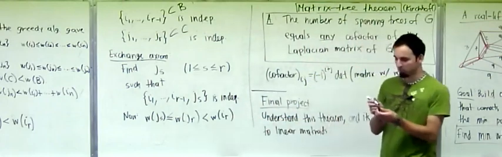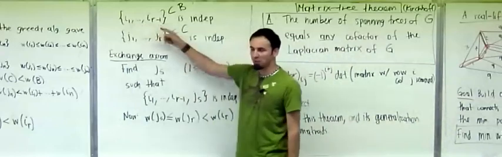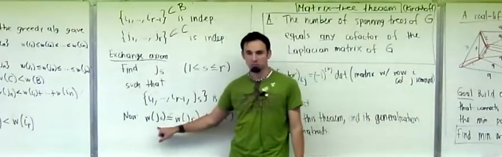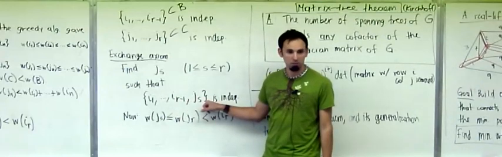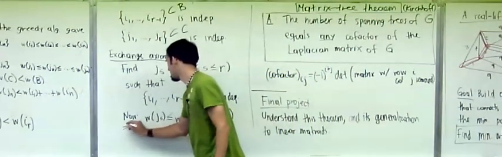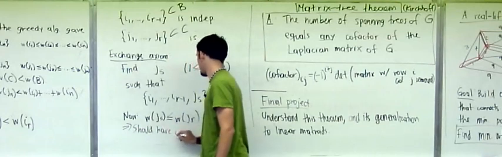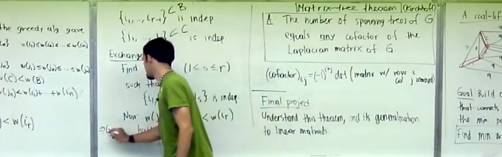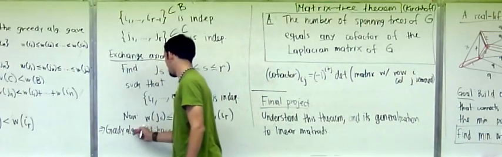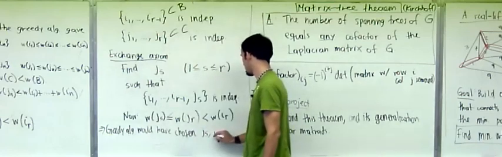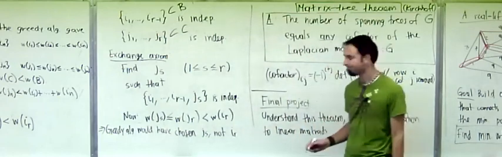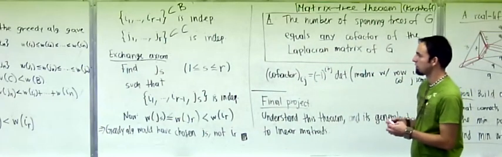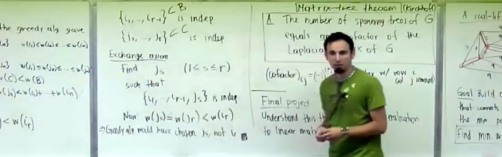But look at what this greedy algorithm did. We goofed here. You had the set I1, I2 up to I sub R minus 1, and in the next step we were supposed to find the cheapest available element. And we chose I sub R, but we had J sub S available, which was cheaper and preserved independence. So I shouldn't have chosen I sub R; in other words, the greedy algorithm would have chosen J sub S instead of I sub R. Here's my contradiction. And that's the proof that the greedy algorithm works